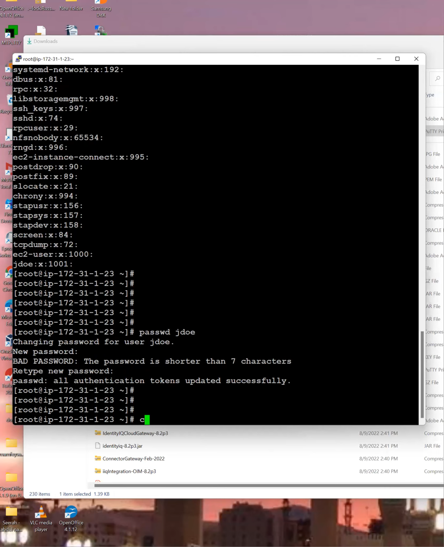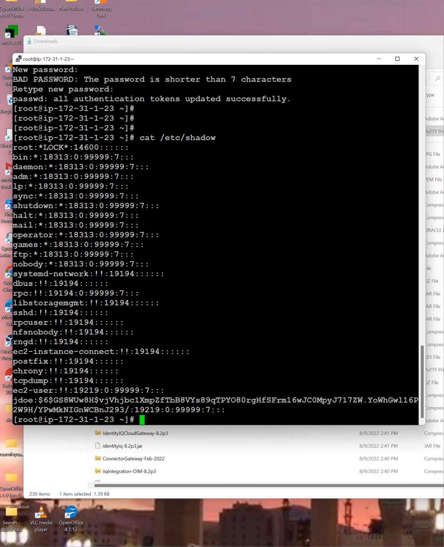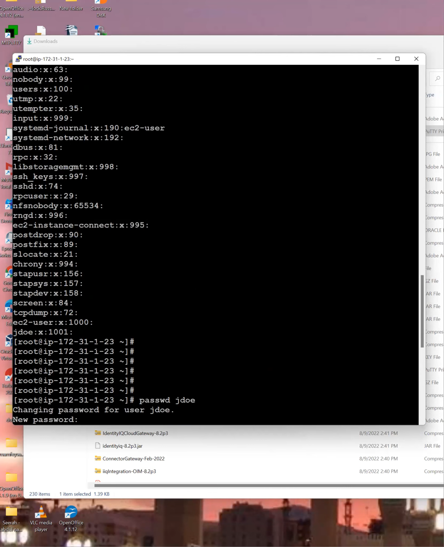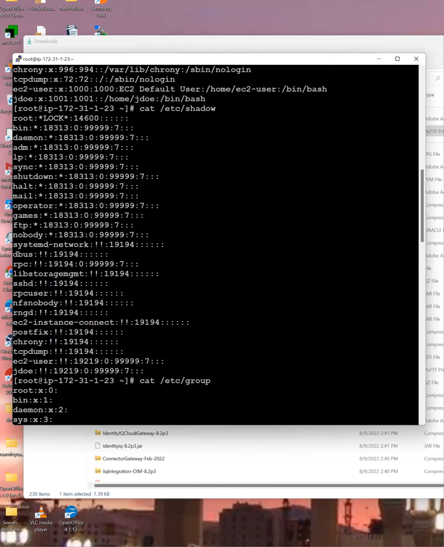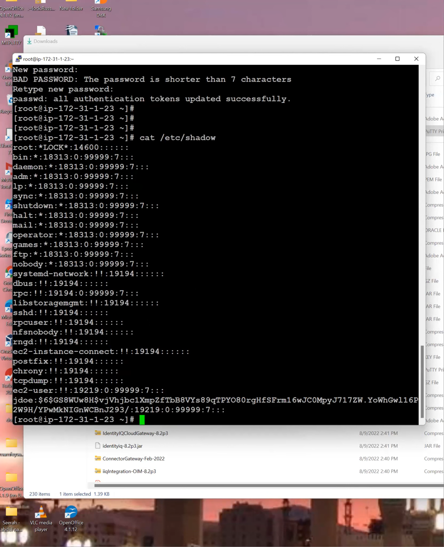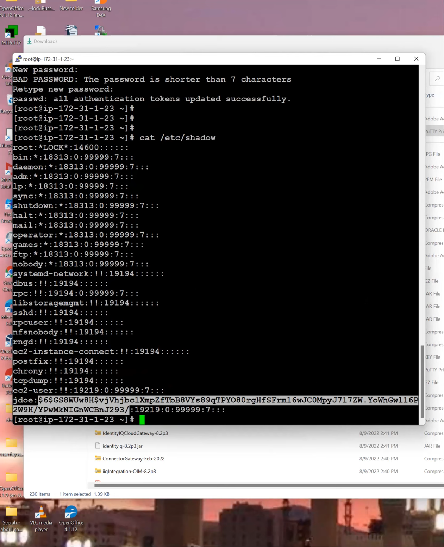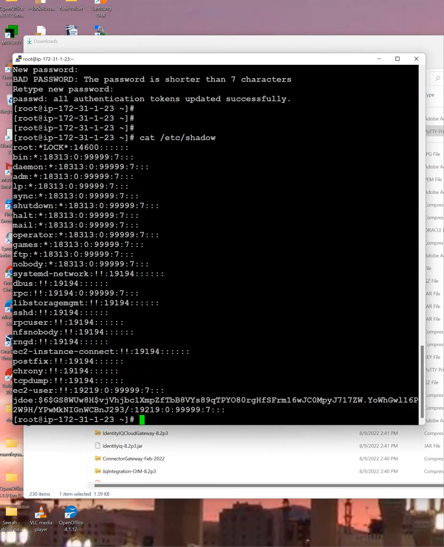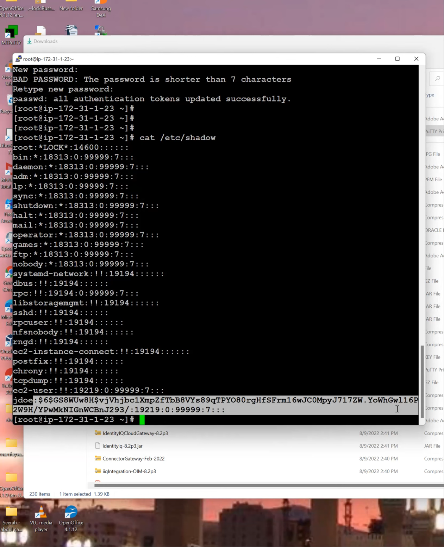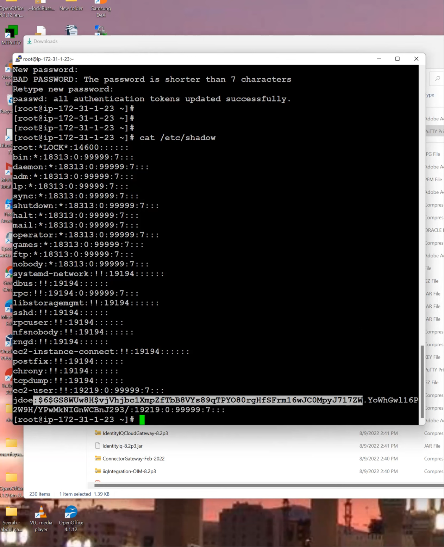Since we assigned the password, remember, after assigning the password, it updates the shadow file. See, before, when we saw the shadow file, it was JDO with 2 exclamation marks. This time JDO has a password with what is called salting. So the first part is the password, the second part is the salt. Salt meaning,